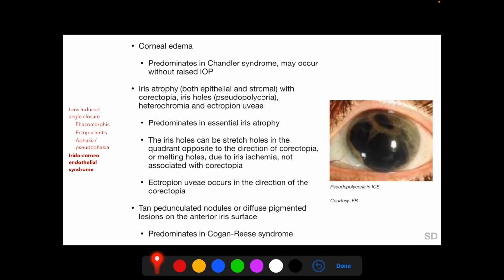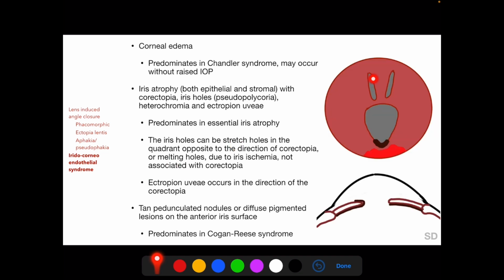as seen here in this photograph, can be either stretch holes or melting holes. Stretch holes occur due to stretching of the iris by this membrane, and so occur in the iris quadrant opposite to the direction of correctopia. And melting holes are said to be due to iris ischemia and are so not associated with the direction of